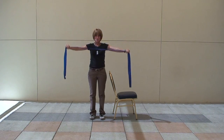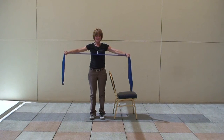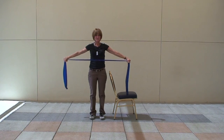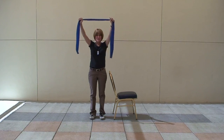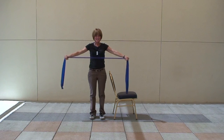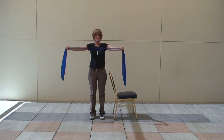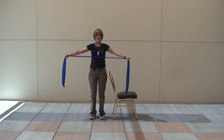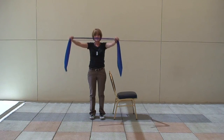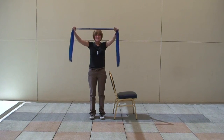So that's 2, 3, 4, 5, 6, 7, and again, just keep your gaze straight ahead. 8, your knees soft. 9, keep that steady breathing going. 10, 11,